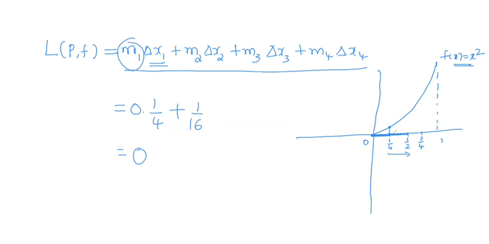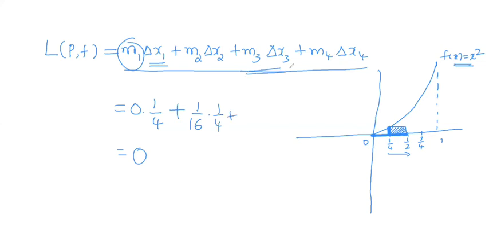Into delta x2. So this into delta x2, that is the length of this interval. It is nothing but length into breadth, so it gives the area of this rectangle. m2 into delta x2 gives you the area of this rectangle, because delta x2 is the length of this rectangle and m2 is the breadth of this rectangle. So into 1 by 4. Okay, now I'll come to the third term.